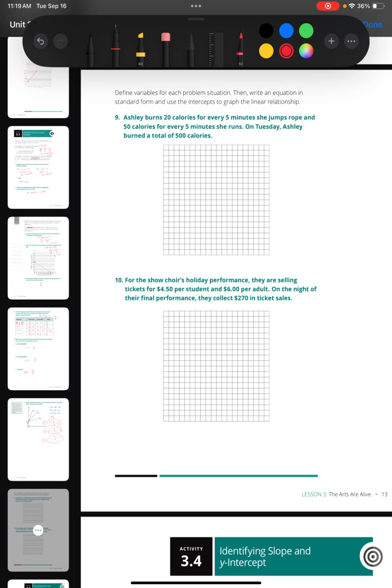Okay, so the equation you should have got on 9 is 20x plus 50y equals 500. So 20 calories Ashley's burning every 5 minutes she jumps rope, and 50 calories she's burning every 5 minutes she runs. So those are our 20 and 50. Our values of x and y represent 5 minutes jumping rope versus 5 minutes running, and then her total calories burned. Okay, so if you graph those,